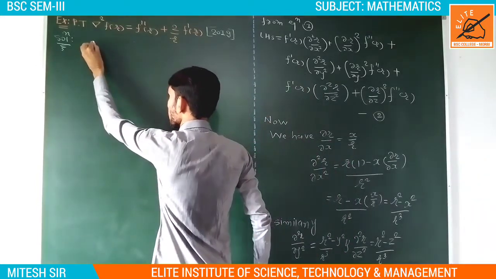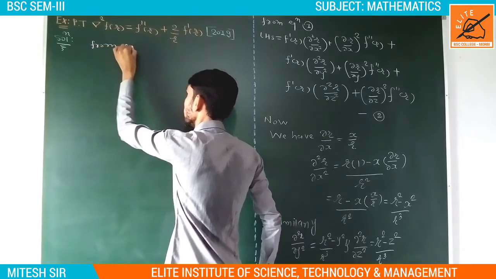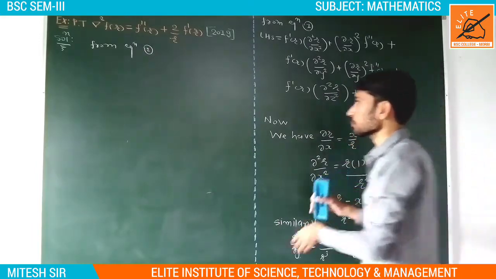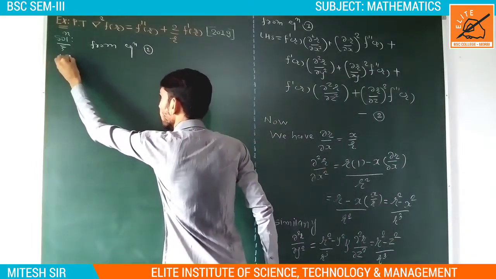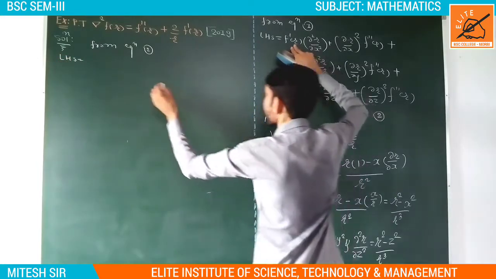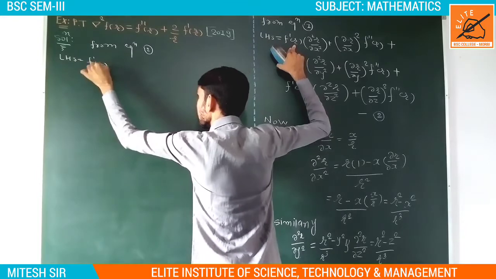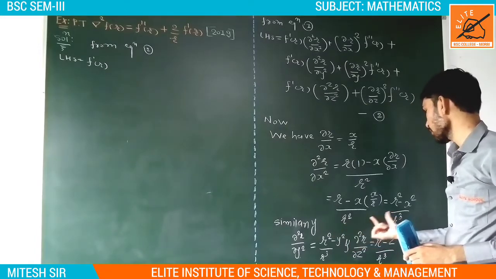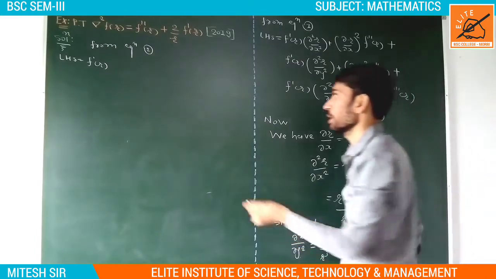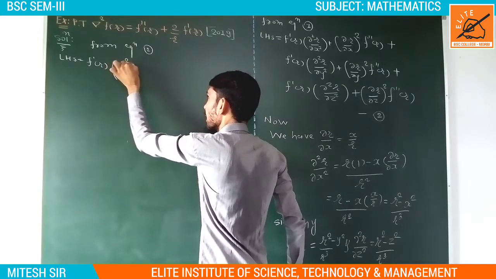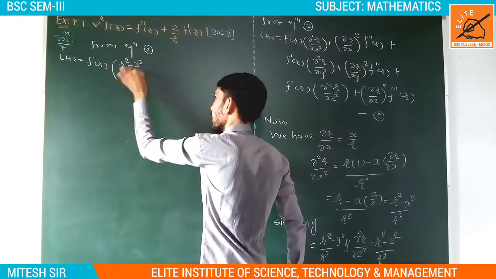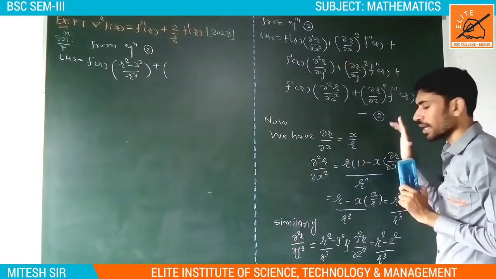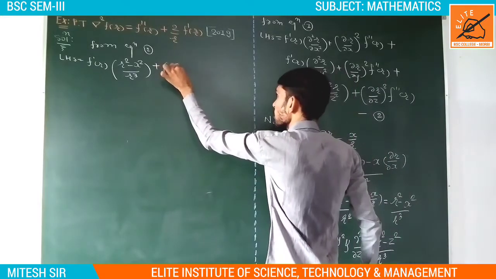So here we write as from equation 2. Now we substitute these three values in equation number 2. So LHS is equal to f dash r as it is. Now substitute the value of del square r upon del x square. So value of del square r upon del x square is this r square minus x square upon r cube. So here we write as the r square minus x square upon r cube plus, as we know, value of del r by del x is x by r. So here write as the x upon r whole square